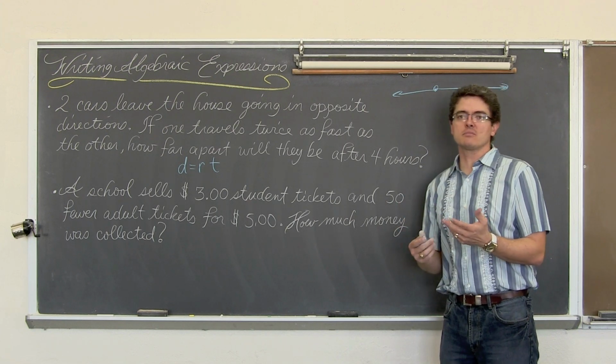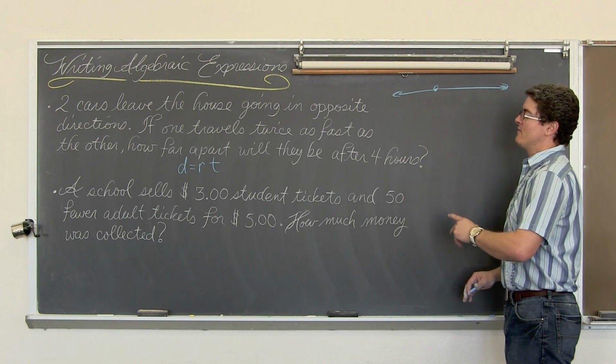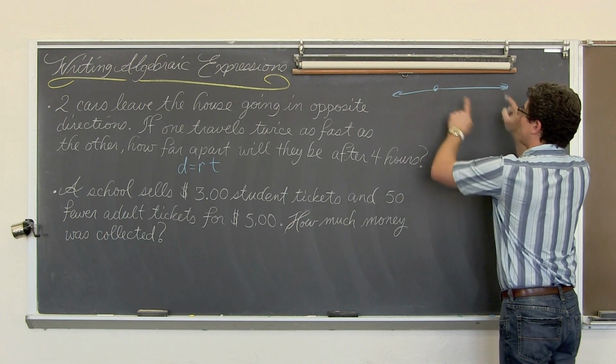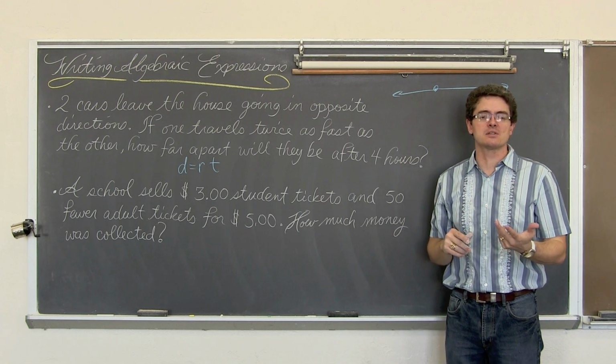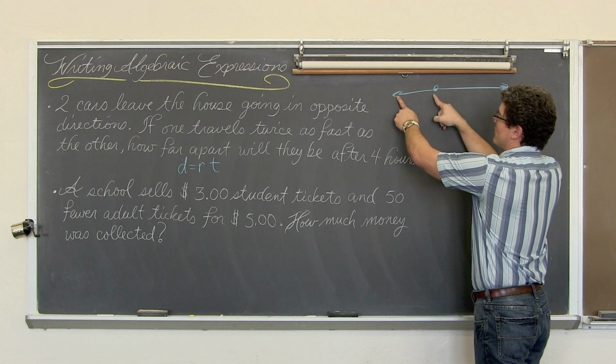one of these cars I know nothing about. One car travels as fast as the other one. So the car that traveled the farthest, I know at least something about their rate. It was twice as fast. The car that I know nothing about, or truck or boat or whatever, I'm sure not leaving the house from a boat, but at any rate,